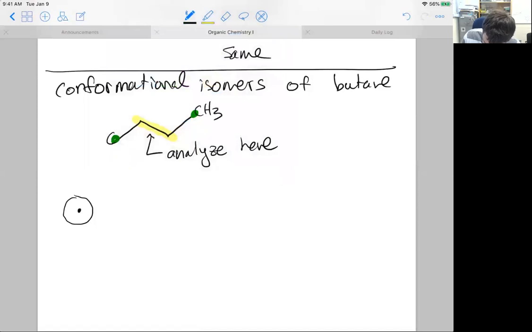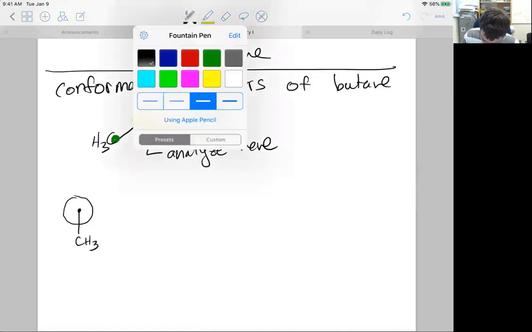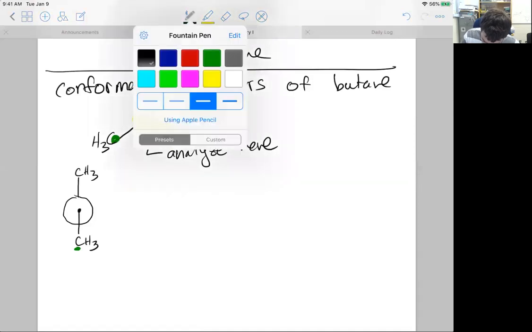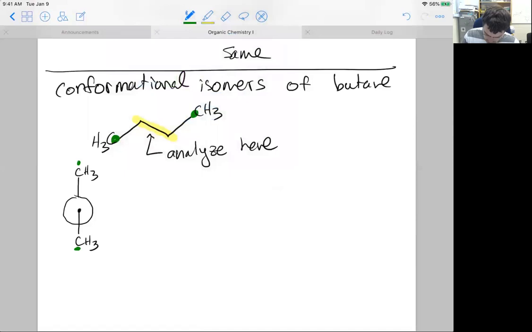We should know this at this point, that the bond line structure of butane has CH3s at the end. So we were going to go down to a CH3. And again, that was my green dot. And then up to a CH3. And that was my other green dot. And the white dots are hydrogen atoms, or the white balls on our model, excuse me. And we should include those hydrogen atoms in our staggered conformation of butane. Well, this is a really important structure of butane. This is called